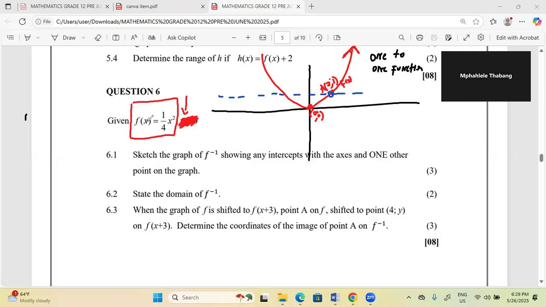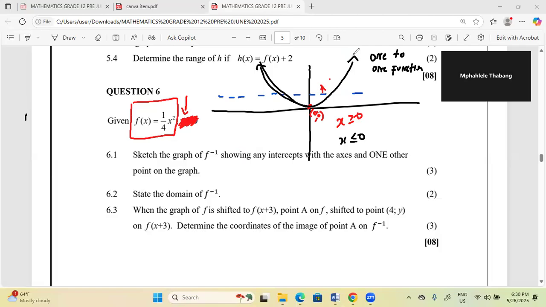So how are you going to restrict it? You see that there are two ways. You can say if our x values are greater than 0, we focus only on this side of the graph. Then the function is one-to-one. Or maybe you can say if the values of x are less than 0, we will be talking about this left side of the graph. We remove this side. The function will still be one-to-one. But if it's like this,